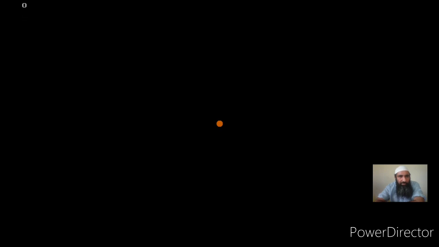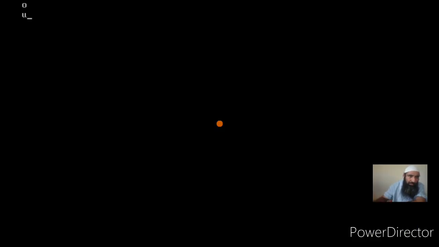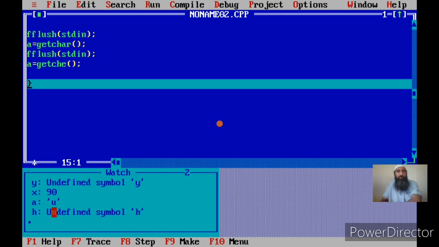The character you have pressed on the keyboard will be stored in the character variable. See here, I had pressed U and U is here. U is also displayed on the user screen. Since there was no other statement, the entire program got executed, and you could not see the output now.